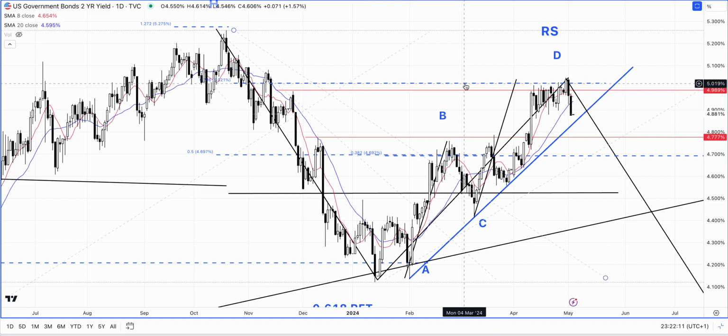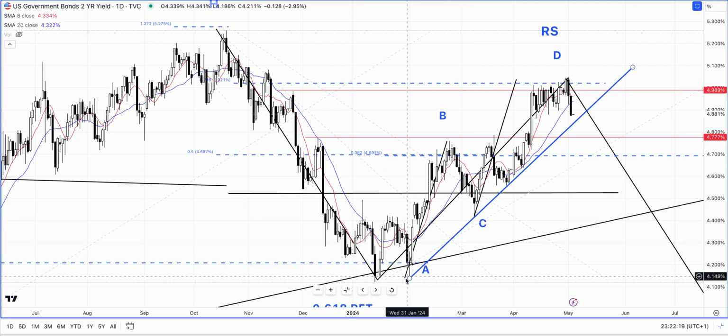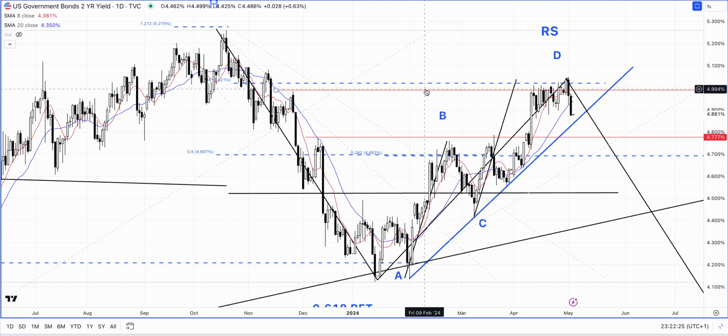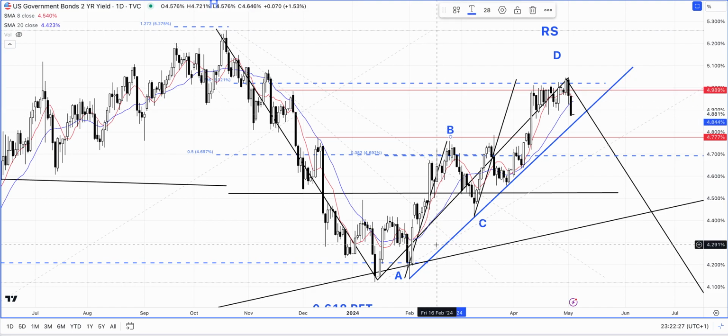And we had this 78.6% retracement just sitting slightly above that. And also, something which I had not drawn before, if you look at this blue, this is the ABCD one-to-one price projection, which was also completing around